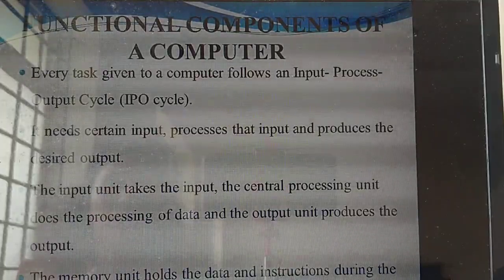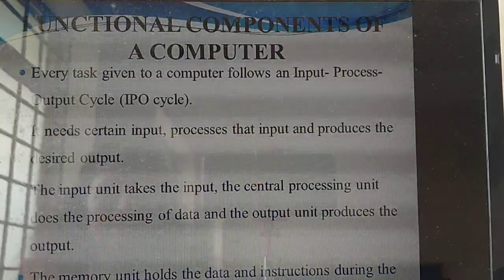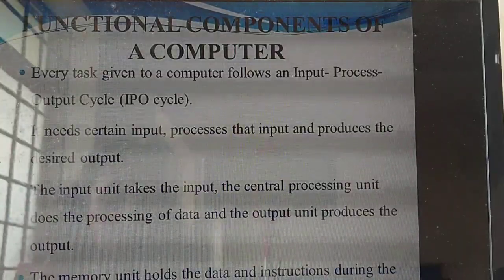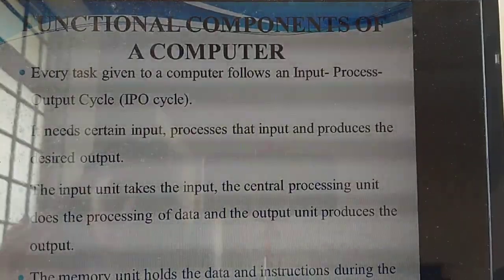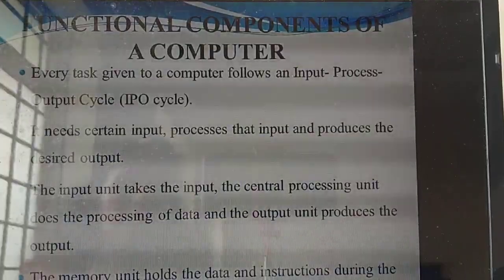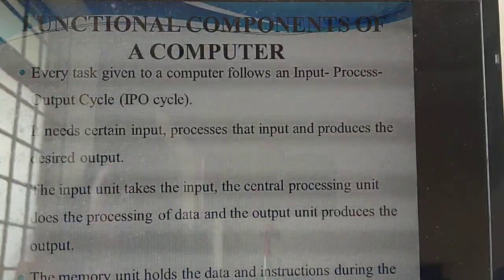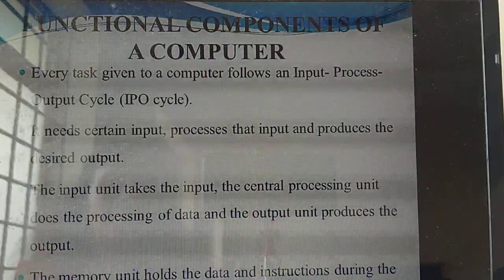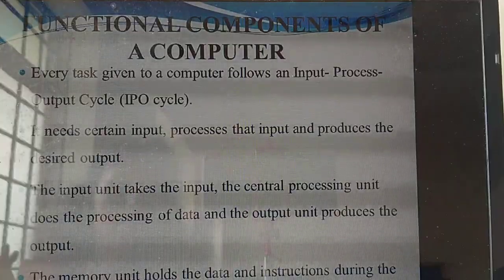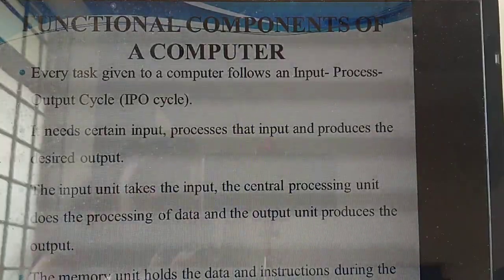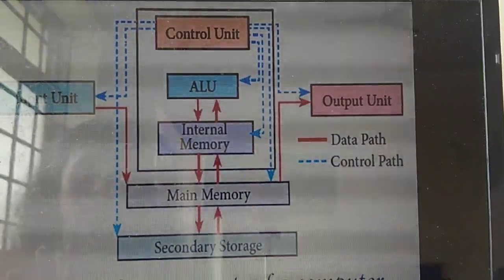So by giving input, the particular things need to be processed. Where do they need to be processed? Inside the CPU, that is Central Processing Unit. It will process the data and, based on that input, it will produce a proper output. Then all the things you are processing need to be stored in the memory. Which one is holding that data and information? Memory unit. Understand?